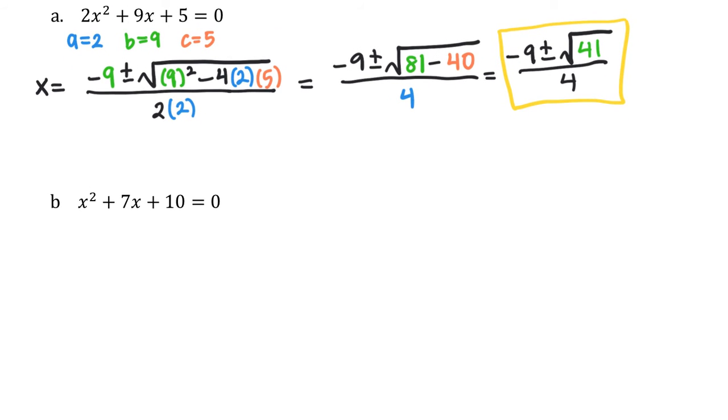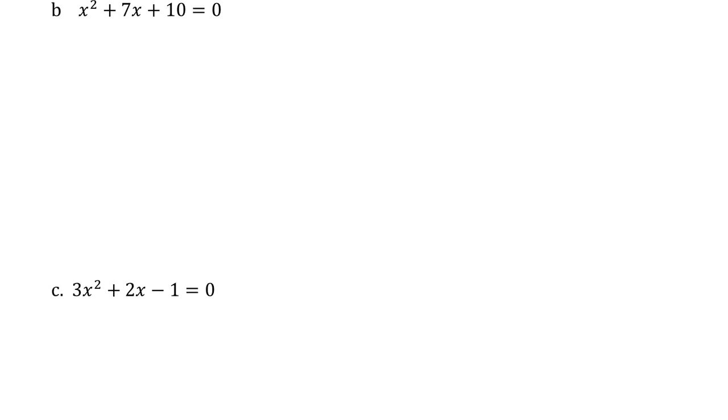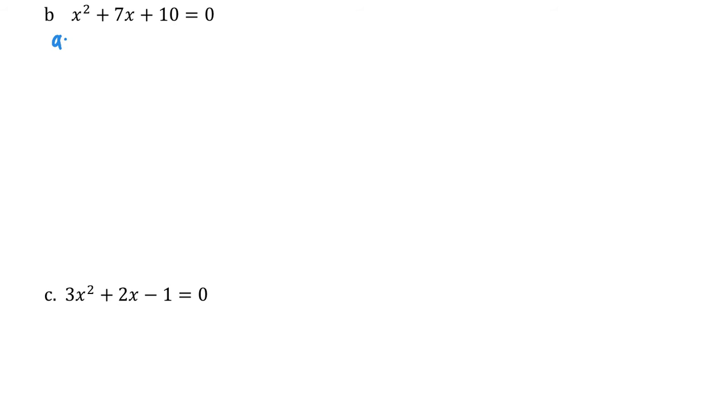Okay, for b, I'm going to go ahead and solve this using the quadratic formula. It is in standard form, it equals 0. So I'm going to go ahead and identify a, b, and c. So a is 1, b is 7, and c is 10. Since we're solving for x, I'm going to say x equals